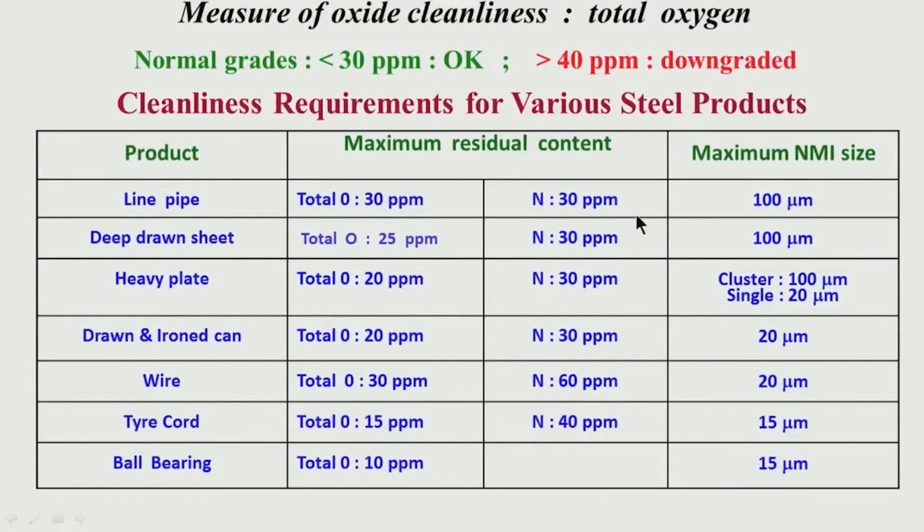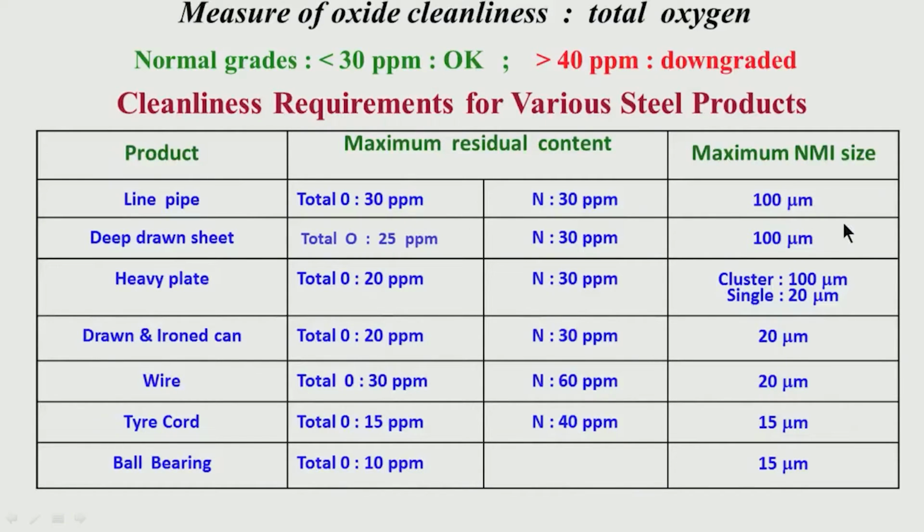Nitrogen again 30 ppm, not beyond that. Inclusion size maximum 100 micron, beyond that it is not tolerated. So, these are the requirements for line pipe steel. I will come to the other requirements of line pipe steel in the next slide, possibly about the sulfur, phosphorus and other elements, but here I have just mentioned the oxygen, nitrogen requirements and the size